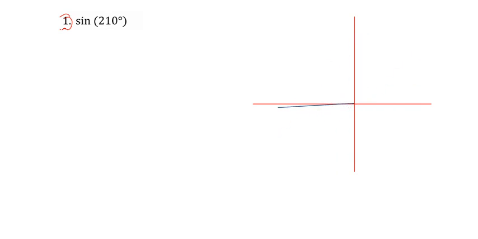This is 180, this is going to be 225, so 210 is kind of right here if I'm going to estimate. Basically, the rotation is from the positive side of the x-axis to that specific location. So this is theta